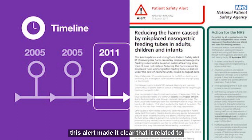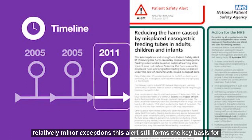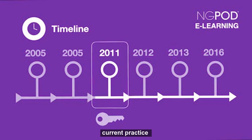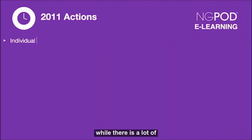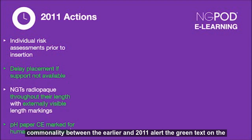This alert made it clear that it related to adults, children and infants, and with relatively minor exceptions, this alert still forms the key basis for current practice. Many of the requirements of the previous alerts were made much more specific and clarified. While there is a lot of commonality between the earlier and 2011 alert, the green text on the slide shows